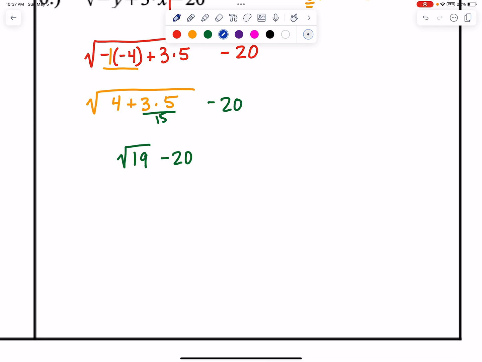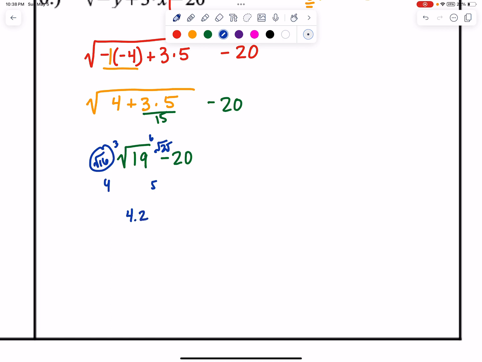So we're going to do what we did in our estimating lesson. We got to think through the square root of 19. 5 times 5 is 25. 4 times 4 is 16. So it's somewhere between 4 and 5, because 4 times 4 is 16 and 5 times 5 is 25. 19 is, let's see, 3 away from 16, and 6 away from 25. So we're definitely closer to 16. So let's just say like